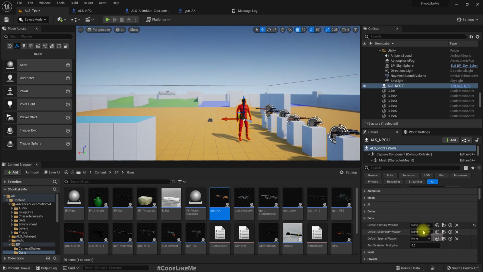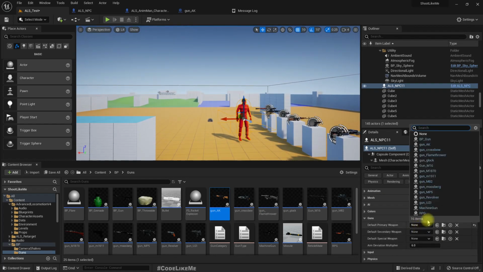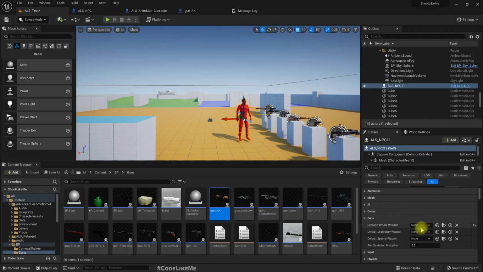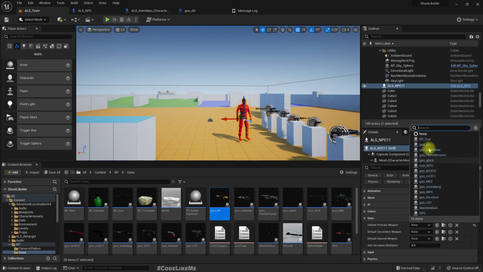Right, now everything is none, so I can add primary weapon, AK,